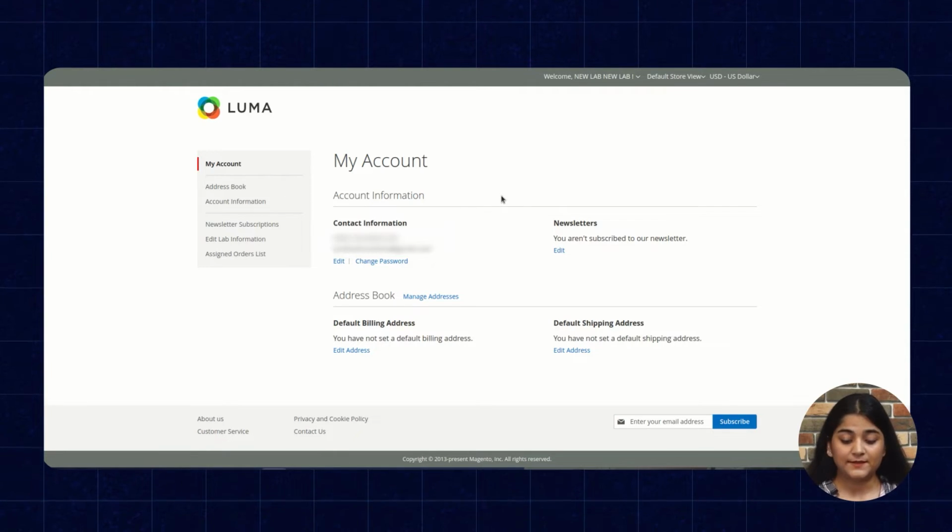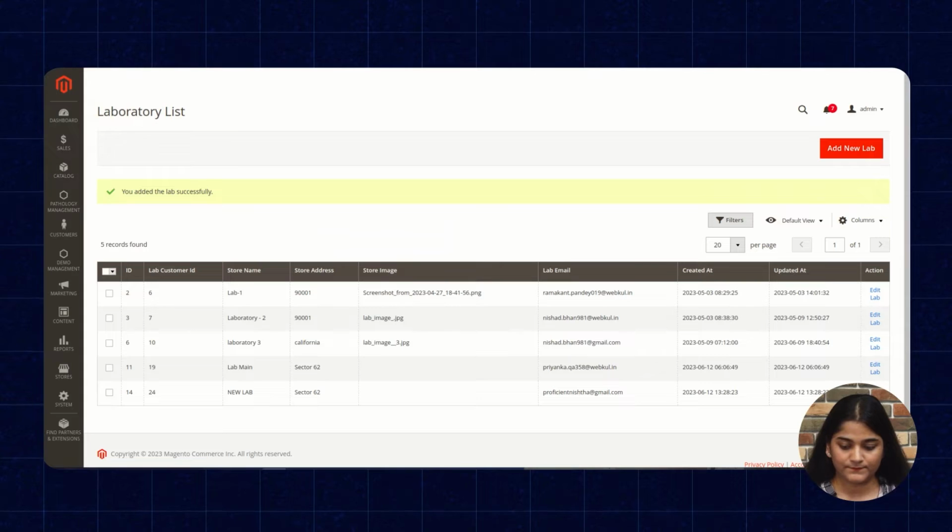Here you can see the lab user has logged into the laboratory, and now I will show you the admin backend panel first, and then we'll come to the lab user side. Moving back to the admin backend panel,